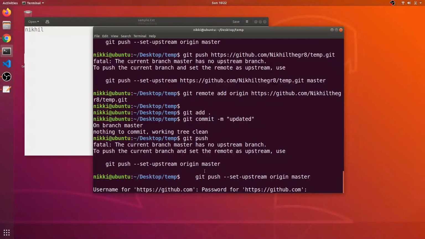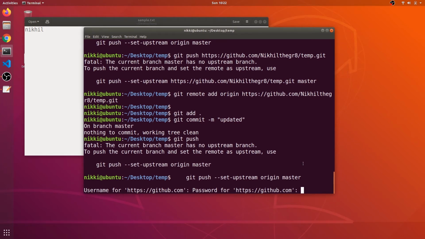Alright, now I'm sorry, I did not log in using this bash. I used Windows and I had logged in before. Let's enter the username and the password.